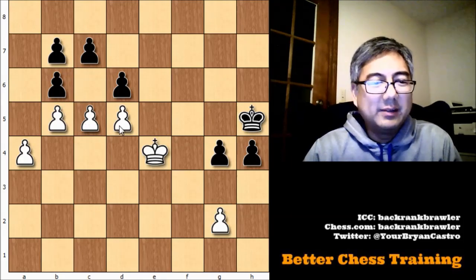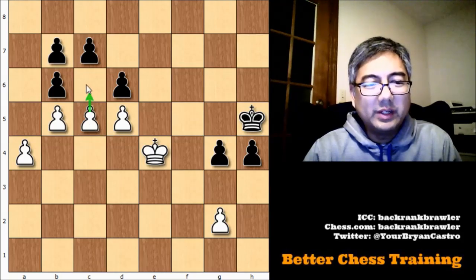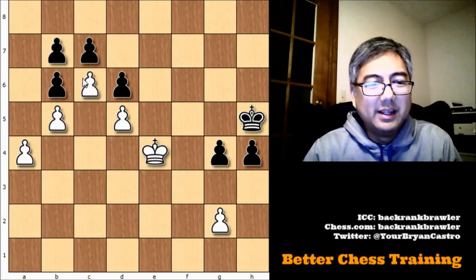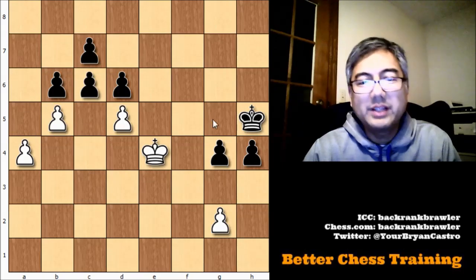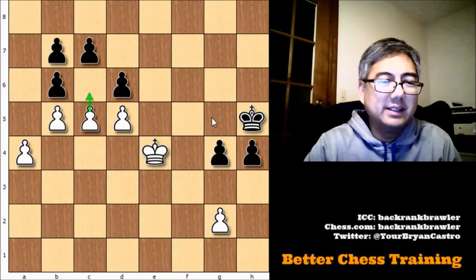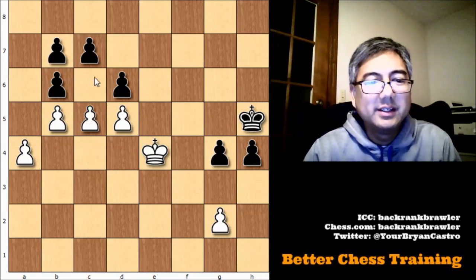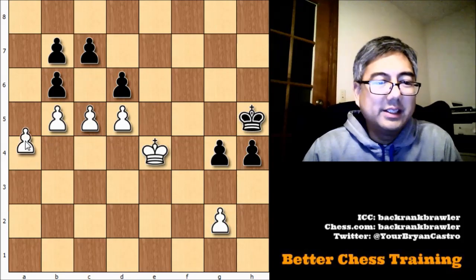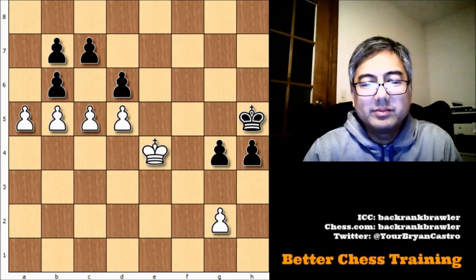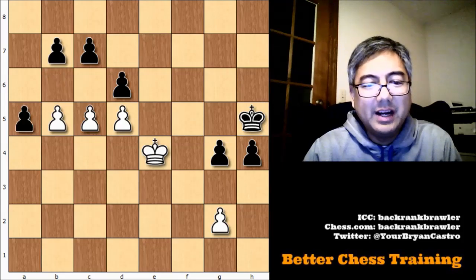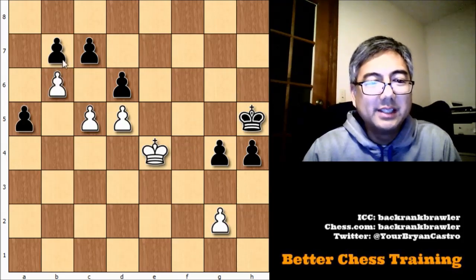Okay, try to advance it, for example. This is then fairly easy to stop, and there's no sacrifices you can make to create a passed pawn. However, there is a move you can make, that is a5. Okay, so after a5, let's say b takes a5, then you have this move b6, and learn